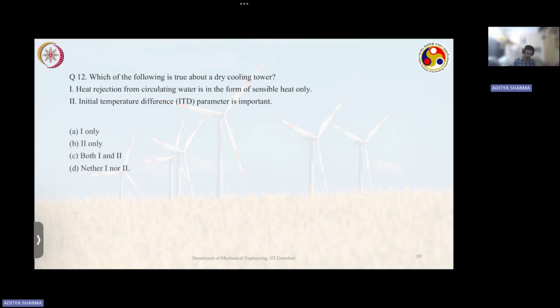So four options are there. First is heat rejection from the circulating water is in the form of sensible heat only. So this is correct. Then initial temperature difference parameter is important here. So that is also correct. Initial ITD, that is initial temperature difference, basically is